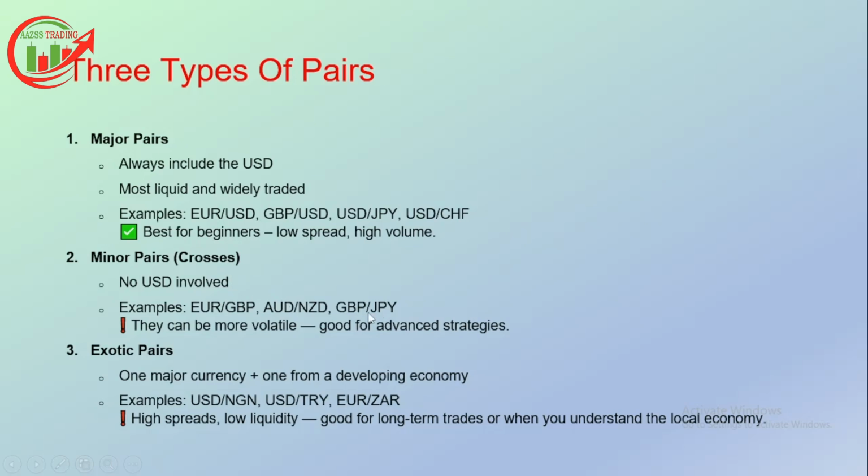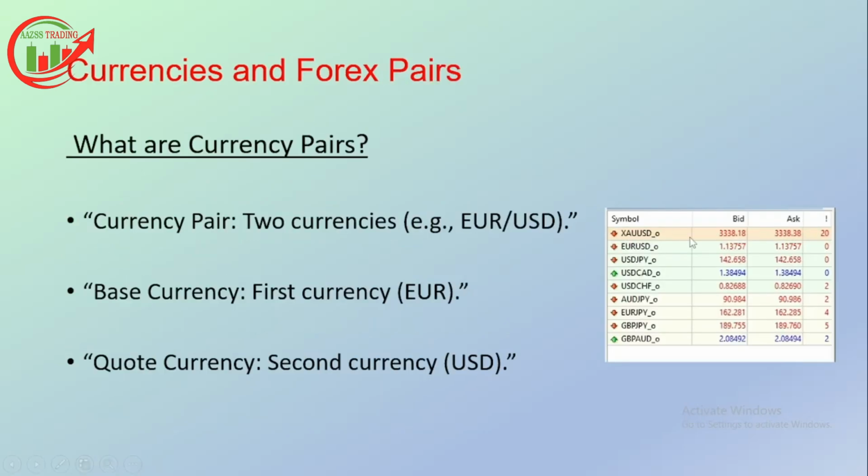AUD, NZD, GBP, JPY. Let's go to our previous slide. I have it. There's a screenshot there. There's an image there. Yeah. So you look at this. This is a major pair, a major pair, a major pair, a major pair that includes USD. So this is a minor pair, right? It's a minor pair that includes